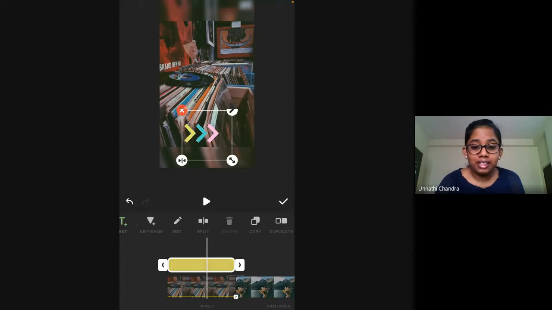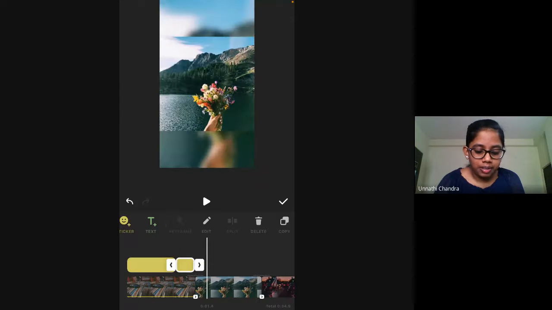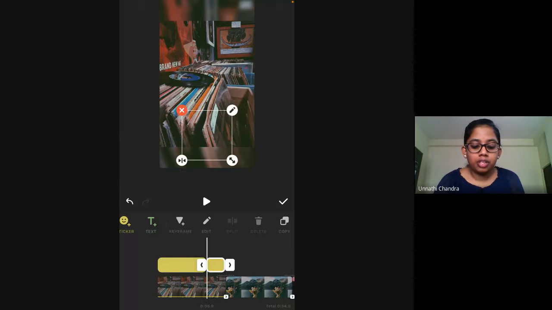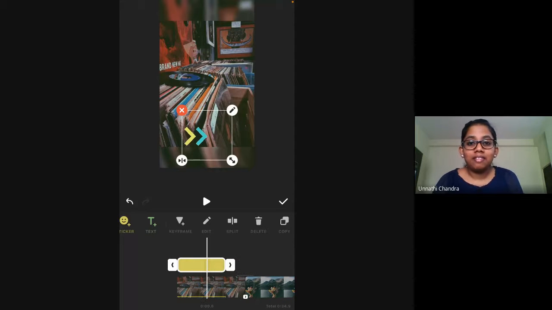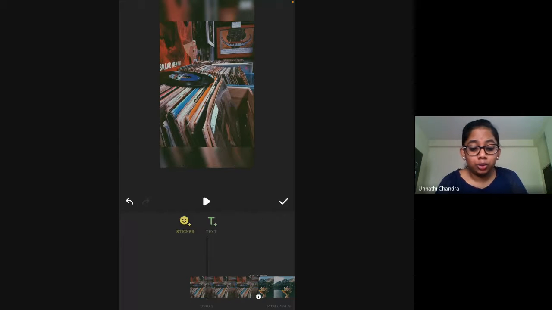Or you can edit it as we just did, or you can split it if you want. You can click on split, and it will create two separate parts at that particular point. The split option comes in handy when you're using clips in your final video. Let's say I'm using a tiny clip, or I want a pause in one particular place so that I can insert a transition there, or put a sticker there, or anything like that. You can use the split option. It works for everything: stickers, text, music, and also photos and videos.